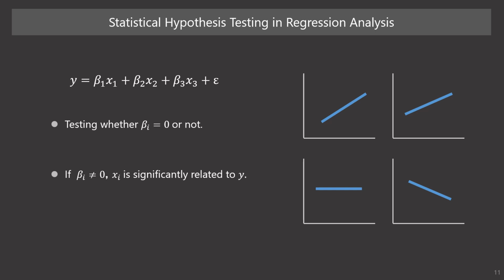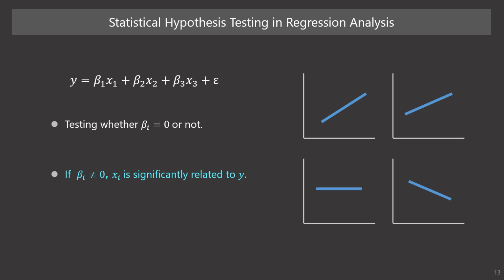When we implement hypothesis testing by using regression analysis, we test the statistical significance of the relationship between the independent variable and the dependent variable. That is, we test whether the independent variable significantly relates to the dependent variable. Do you know what we are doing there? What we do there is testing whether the slope of the regression line is 0 or not. In other words, we are testing whether the regression coefficient of each independent variable is 0 or not. If the slope is not 0, that is, the regression coefficient is not 0, the independent variable is significantly related